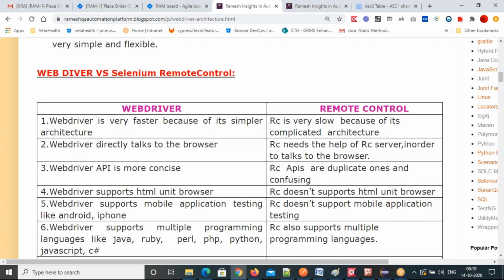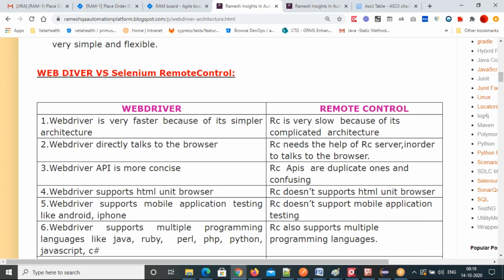Mouse, mouseDown. They will provide a lot of methods, but you will definitely get confused. When to use click, when to use clickAt, when to use clickAndWait. For one task, they provided so many. So those are the duplicate APIs for performing tasks on the web application elements. Those duplicate APIs are provided in the Remote Control server.